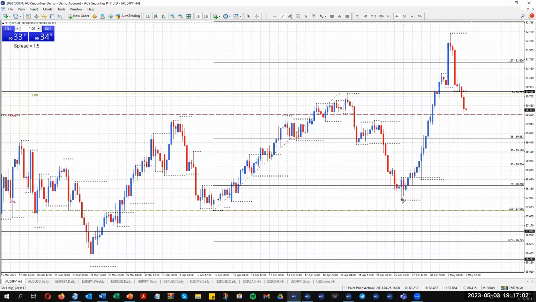So we move up. We do a pullback there to that low. So I just want to show you how price unfolded. Because if you just watch price, it will tell you what's happening. Then we actually move up to that candle high, and then we trade down and up in the same candle. But we start to form an uptrend there on the 4 hour chart, which is in line with your day chart. All right, so if you're just watching time frames,